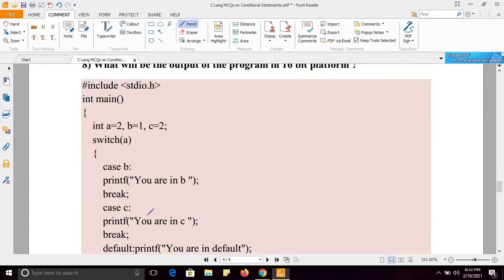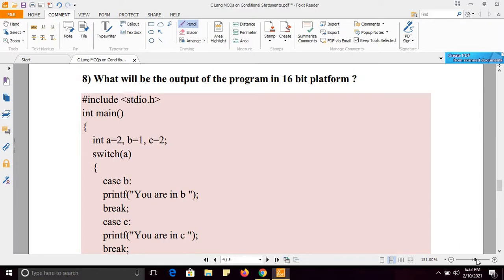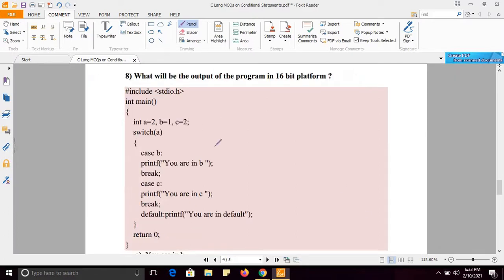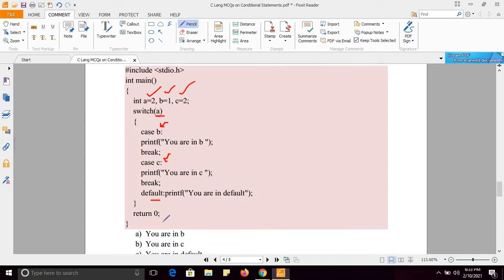Next, what will be the output of this program? Value of a is 2, b is 1, c equals 2. I am passing a in the switch, and there is one case of case b, case c, and a default case. So what will be the output?